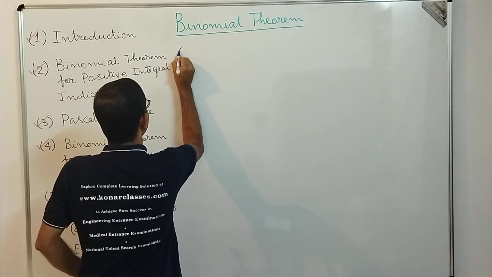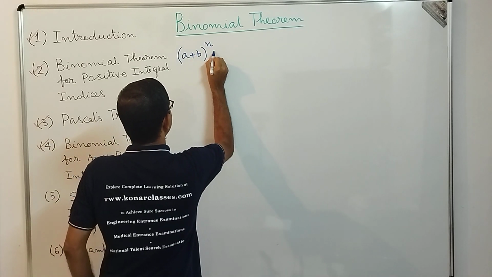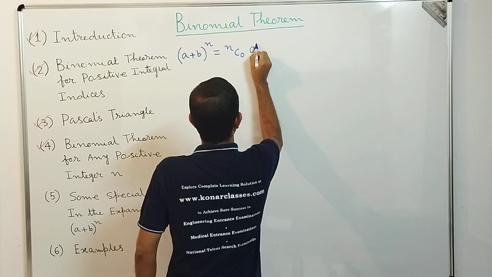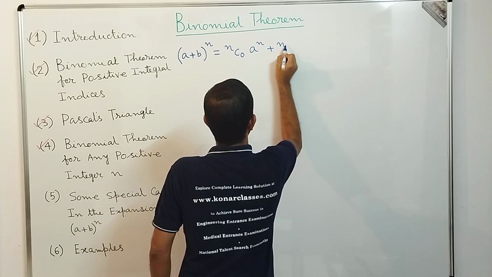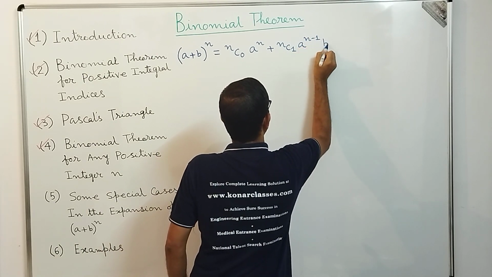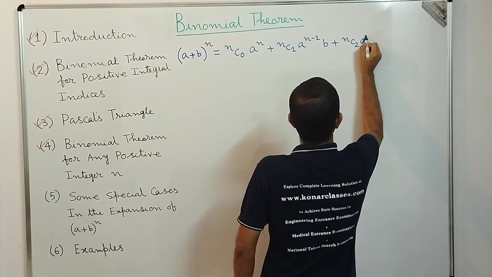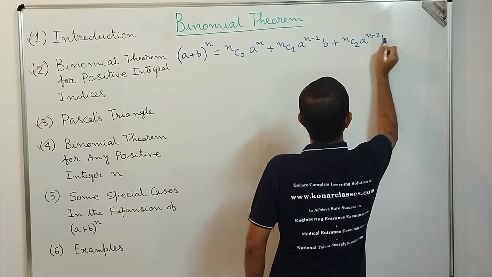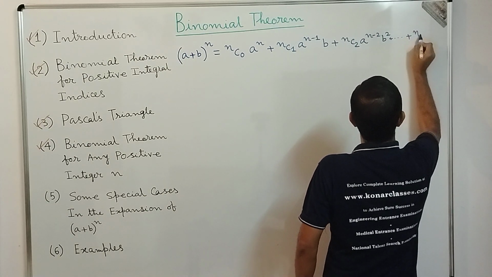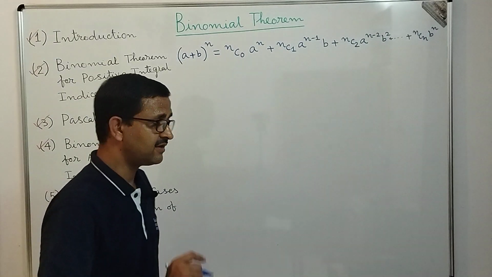So what we get, dear students, is that a plus b power n is equal to nc0 into a power n plus nc1 into a power n minus 1 into b plus nc2 into a power n minus 2 into b square. In that way it continues till ncn into b power n,